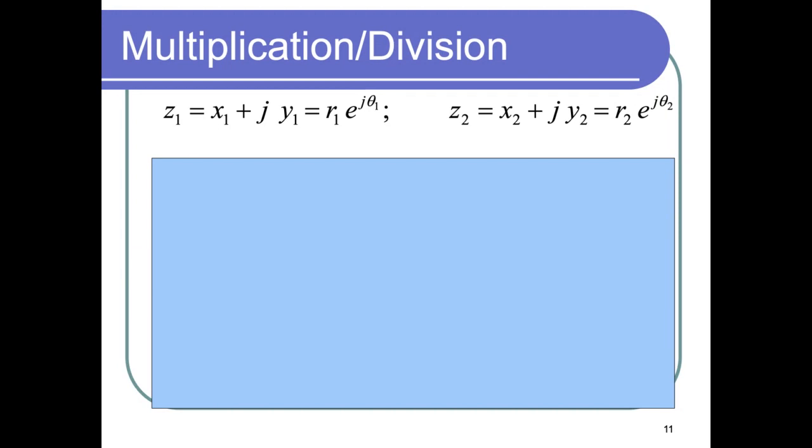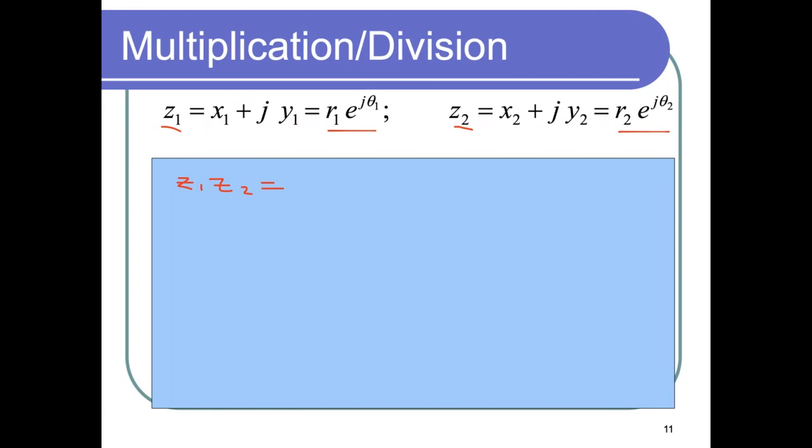Okay, so for multiplication, again, you can either work with the rectangular form or the polar form. I mean, the polar is really easier when it comes to multiplication and division. And let's have an example. So if I want to multiply z1 by z2,